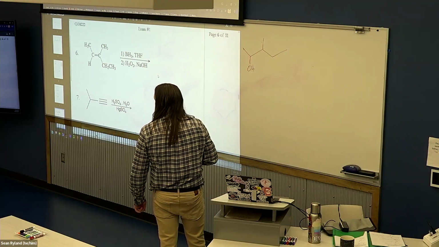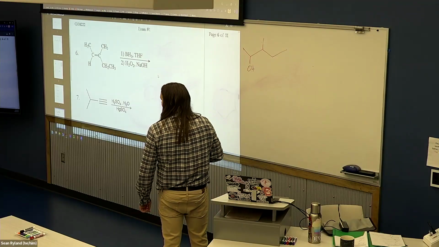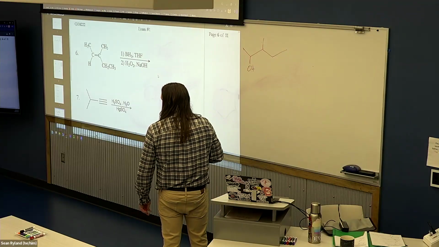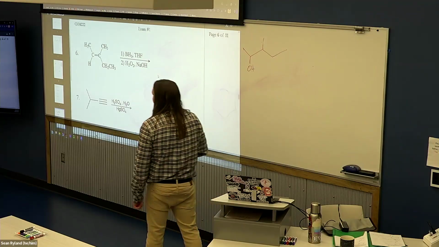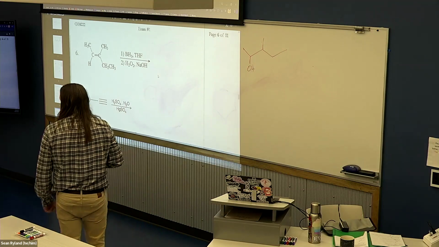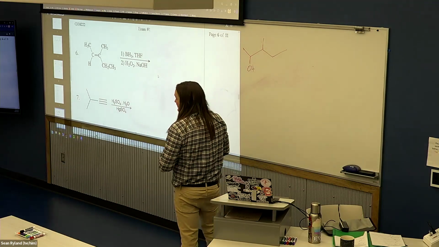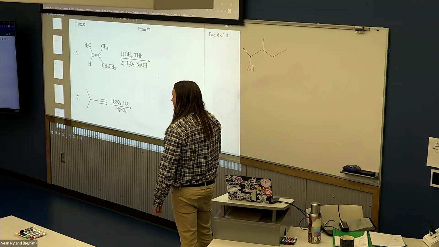We have to worry about stereochemistry. Oh, but we made a chiral carbon. We made 2 chiral carbons actually. So this is one of the ones where full credit is going to be a much bigger reach than 3